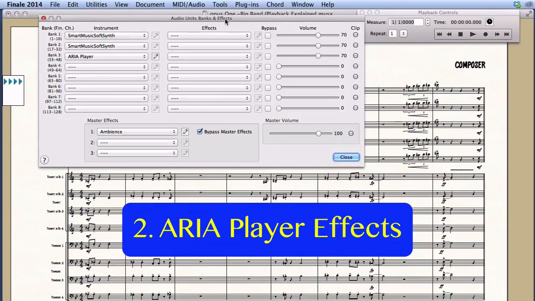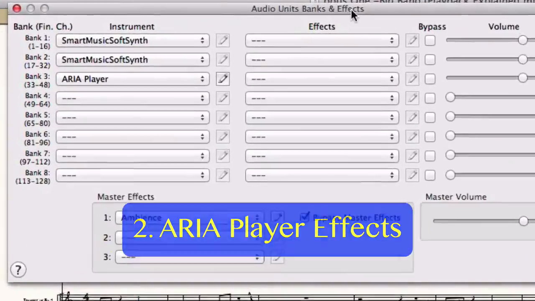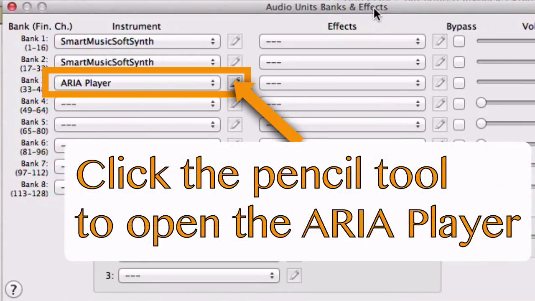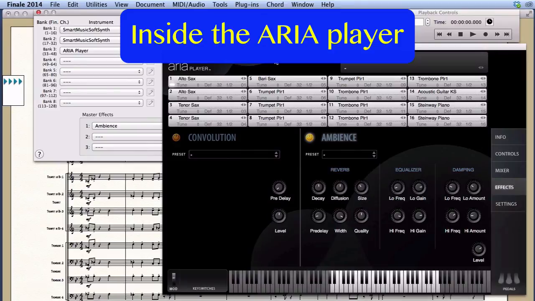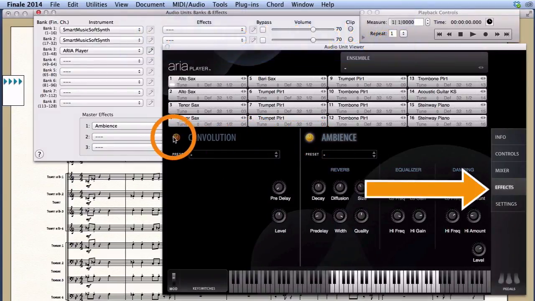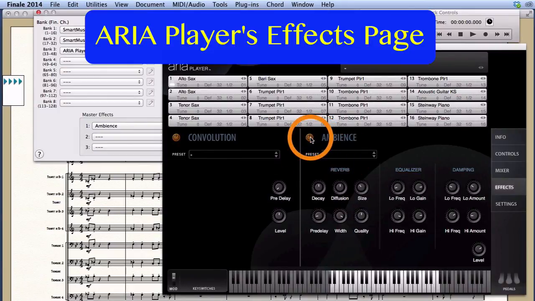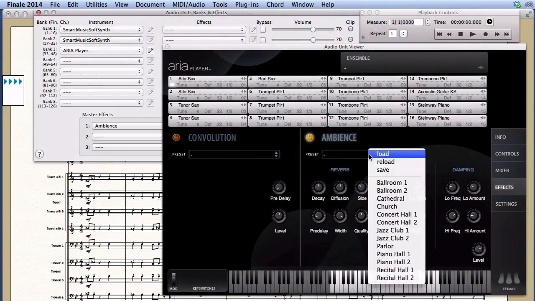The second place where you can add an effect is in the Aria Player's dialog box. When you click on the Effects tab on the right, you get 2 more slots where you can insert reverb effects. You can turn them off with the on-off switch, change the effect,